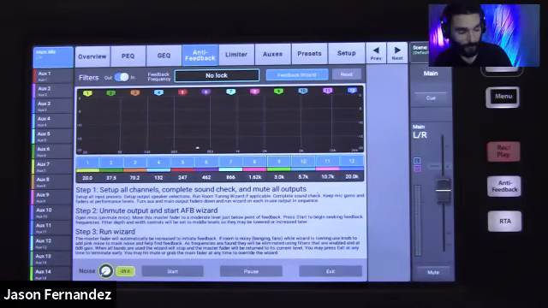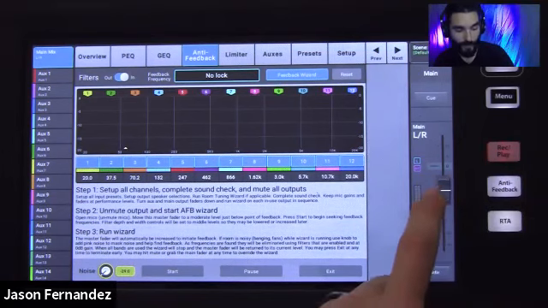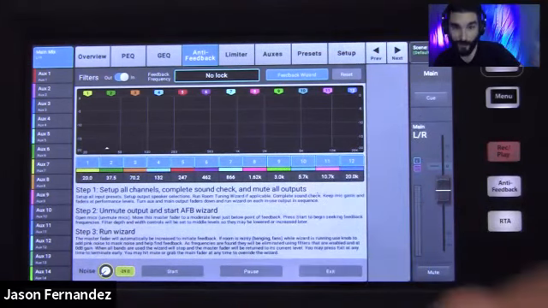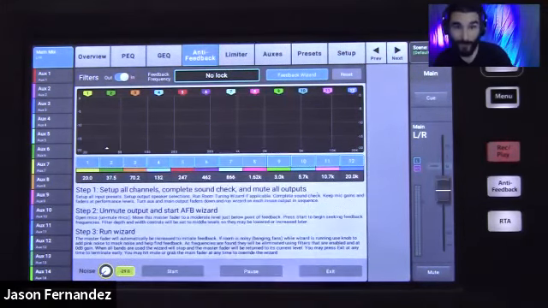And what's going to happen here, once I hit the start button, is it's going to start to creep this fader up from my position here. So I've got it at my starting position. It's going to creep that up slowly until feedback occurs, and it's going to immediately identify that frequency and apply a notch filter to cut it out. So watch this.